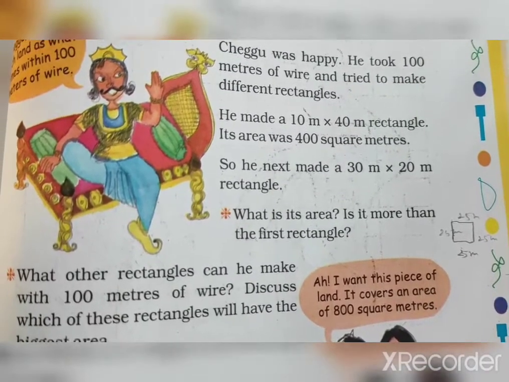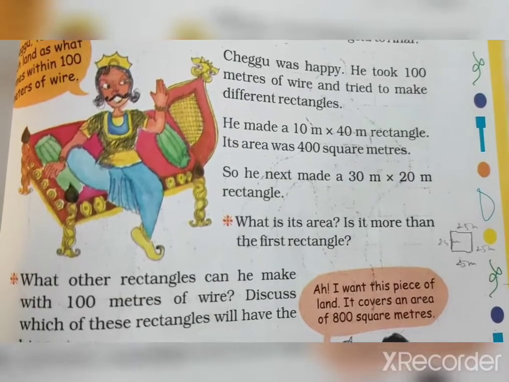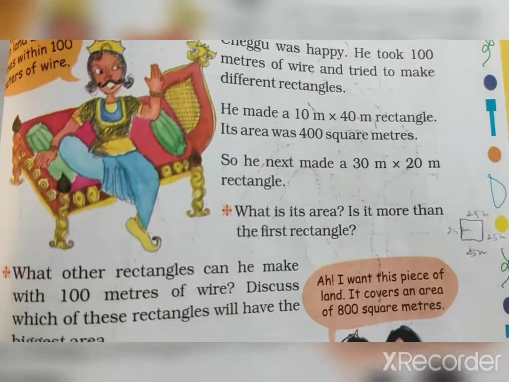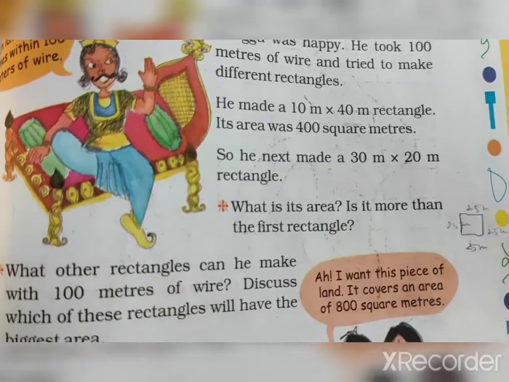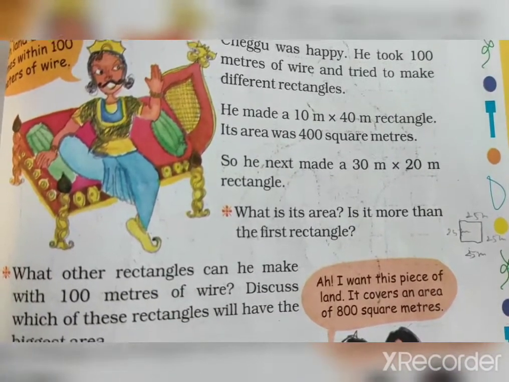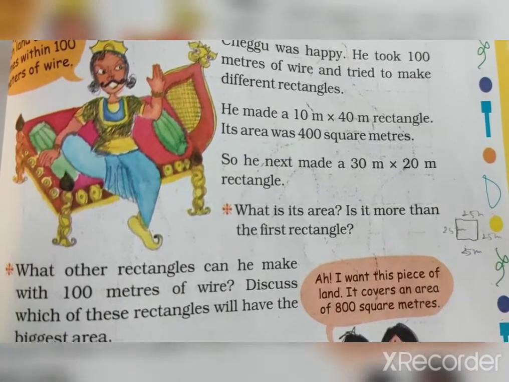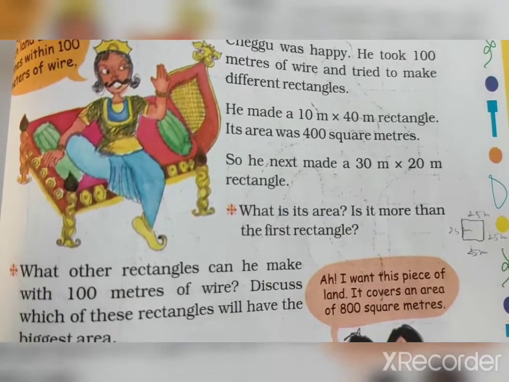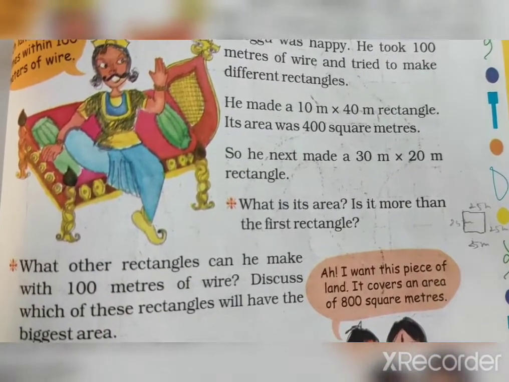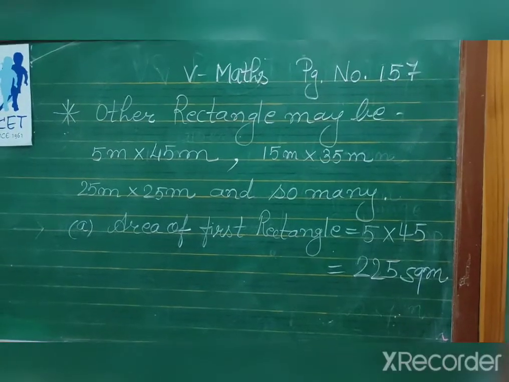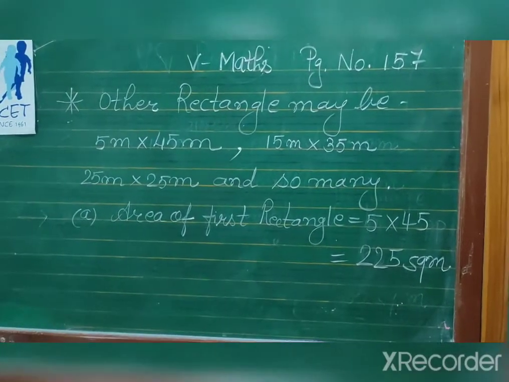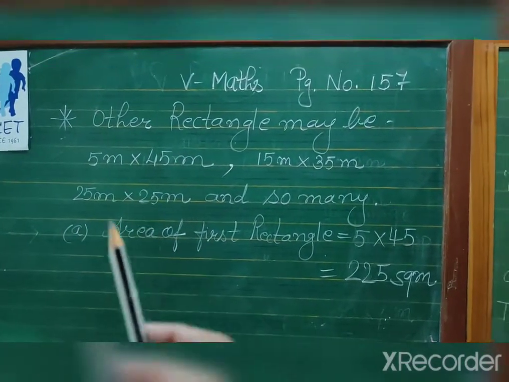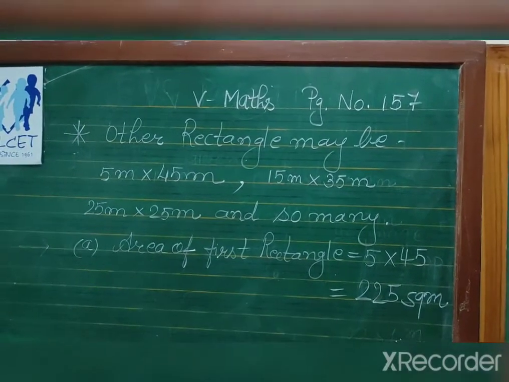Okay, in this way, if opposite sides are 5 and 5, that is 10, so 90 will be left, so 45 and 45. So what will be the area? So many uncountable possibilities we can take for making a rectangle. 5, 10, then 15, so two sides are 15 plus 15, 30, 100 minus 30 is 70, then the other two sides will be 35 and 35. Then find the area. So many possibilities. Now another rectangle may be 5 by 45 meter, because we will calculate the area, but first we add 5 plus 5, 10, and 45 plus 45, 90, so 100 meter wire.